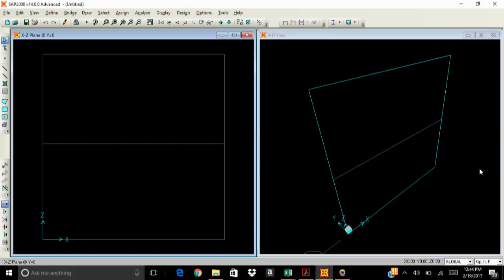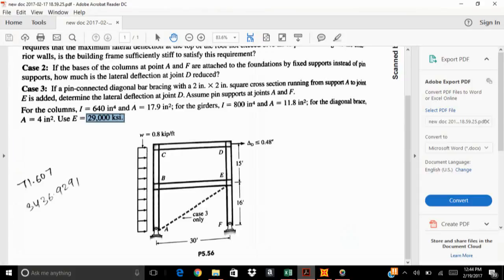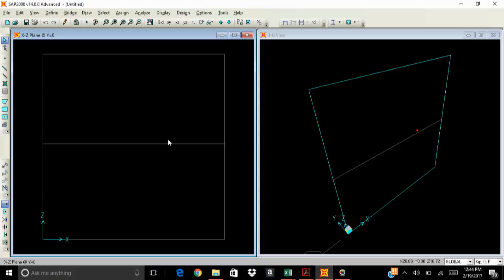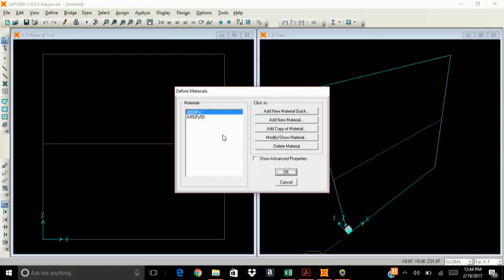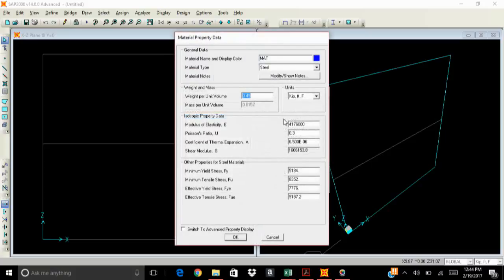Okay guys, now we are going to define materials for this frame, and we look at our problem, and it says that the columns and the girders are made of a material whose modulus of elasticity is 29,000 ksi. So we are going to define this material in SAP, and for that we'll go to define materials, and there are two default materials that SAP uses, but we are going to add our own material, and for that we'll click on add new material,